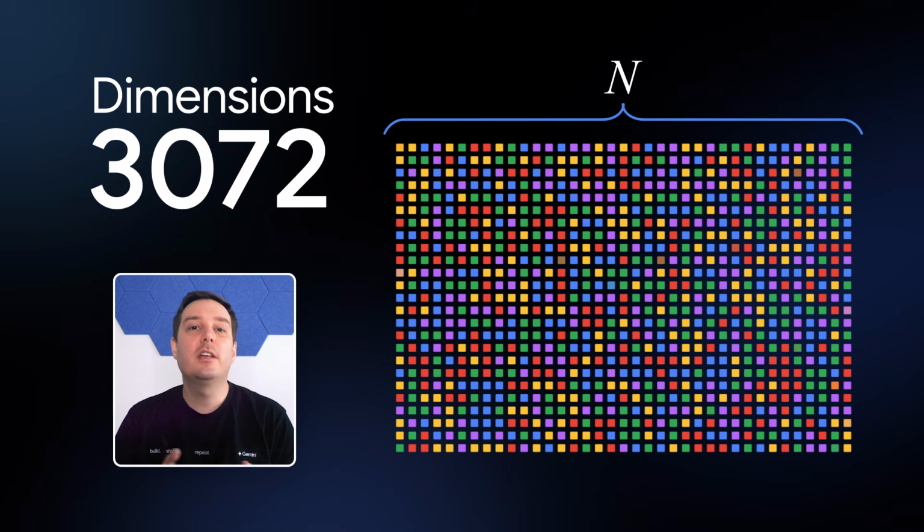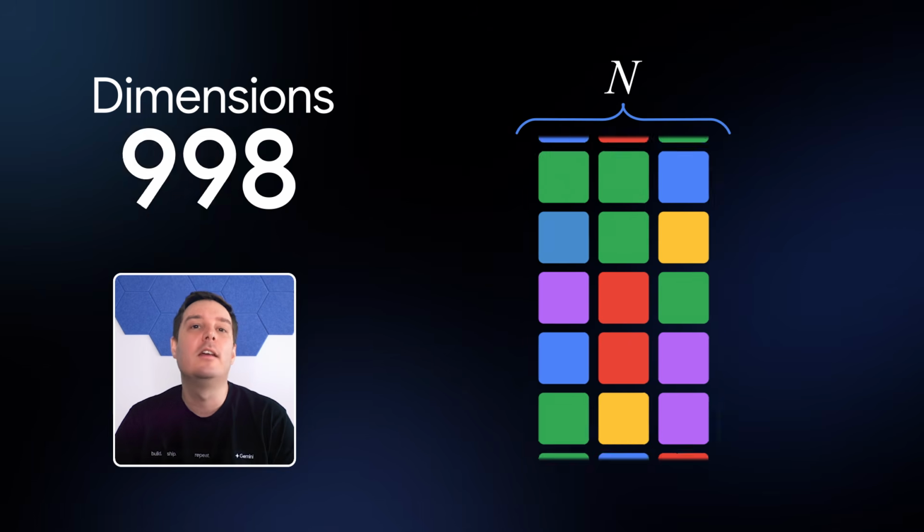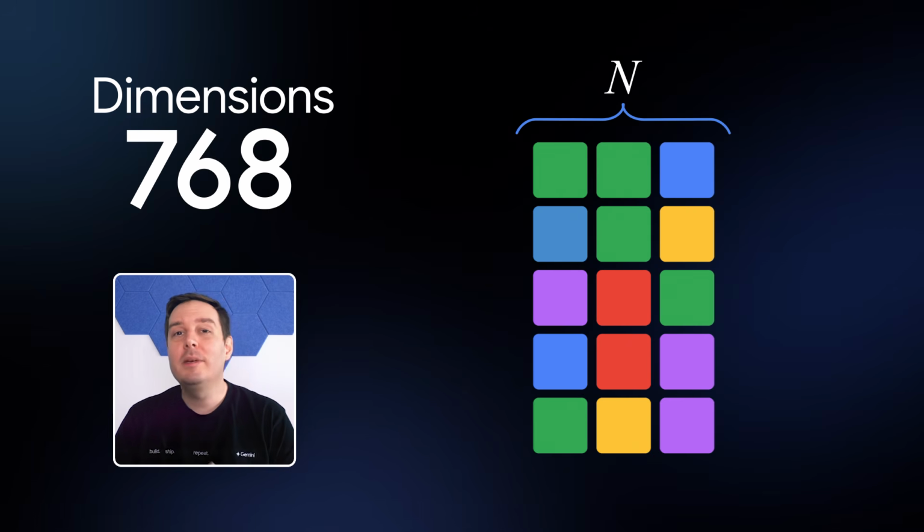Now, let's talk about flexible output size, because vector dimension size is a major factor in storage costs and search latency. To give you more control, we're using Matryoshka representation learning. This nests the most critical semantic information in the earliest dimensions of the vector. You can request the default 3072 dimensions for maximum precision, or truncate to 1536 or even 768 to optimize for scale. The model maintains high quality even at lower dimensions, so you can easily tune that cost-performance trade-off for your